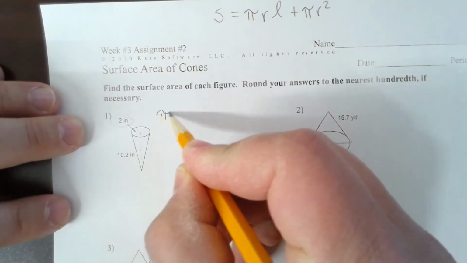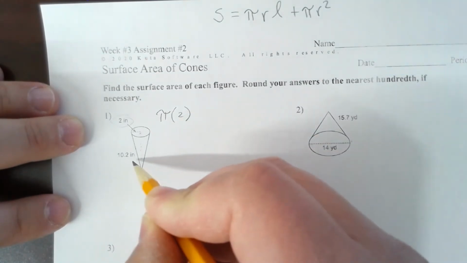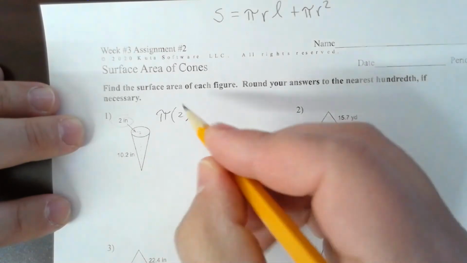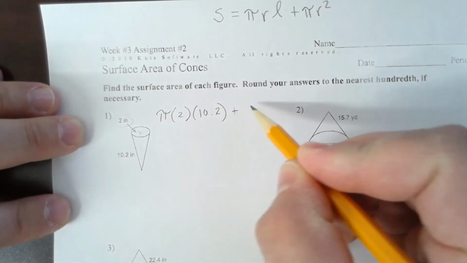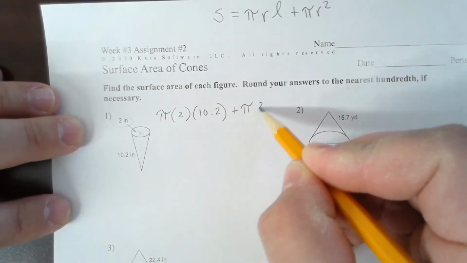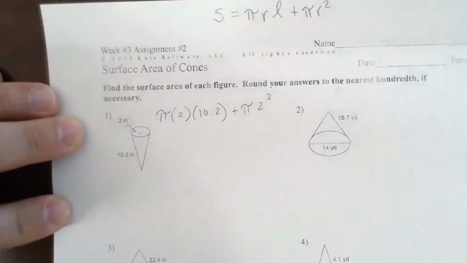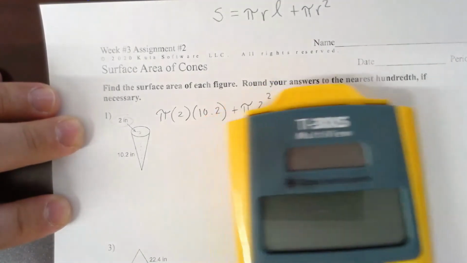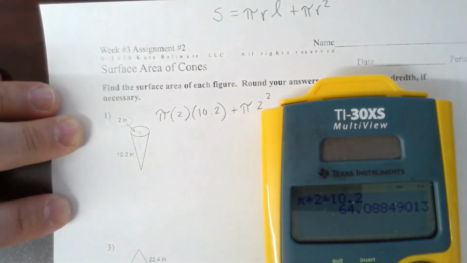I'm going to get pi times the radius, which is 2 inches in this case, and then times this length of the slant height here. It's 10.2, and then I'm adding pi times radius squared. So I'm going to put that into my calculator here. I've got pi times 2 times 10.2, and I get this value